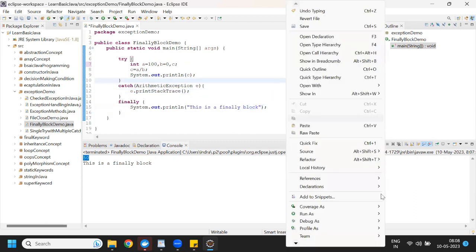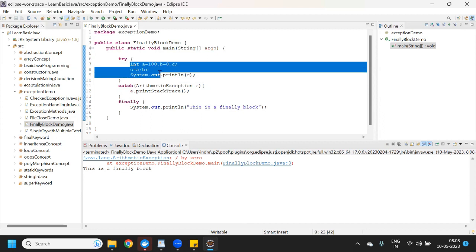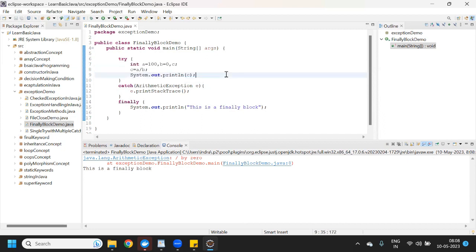So let me run this program. See, now what is happening here? It is not giving any number, right? Because it was trying to divide these two numbers, but it was not able to divide.